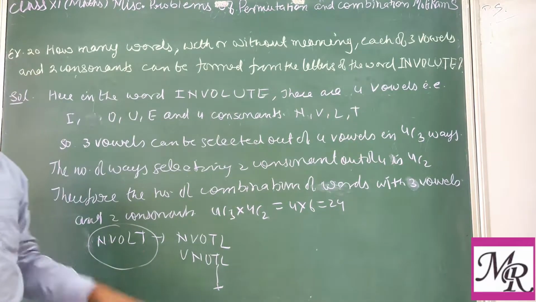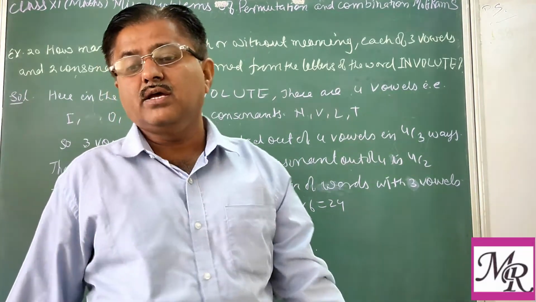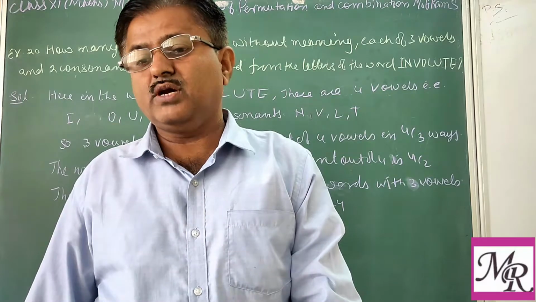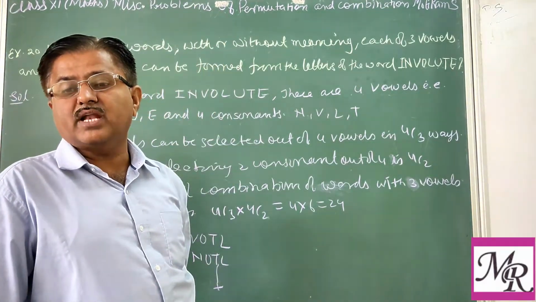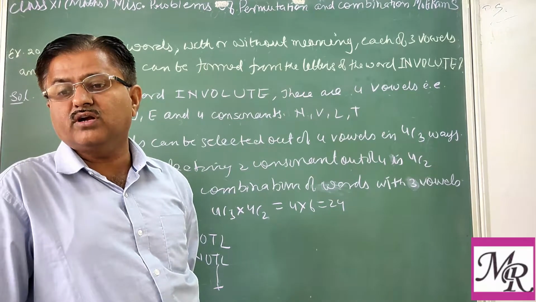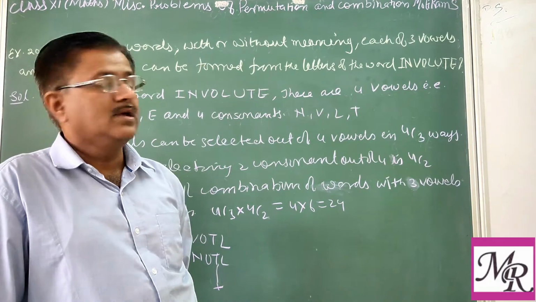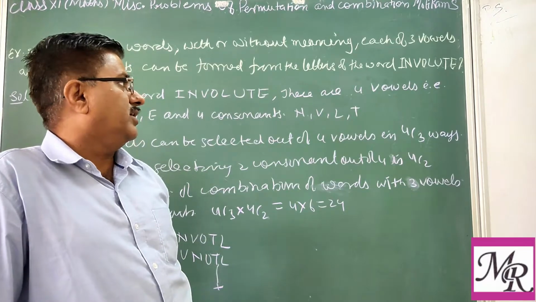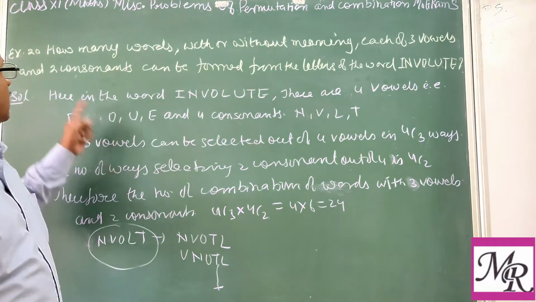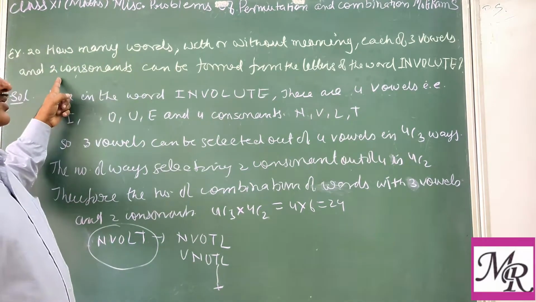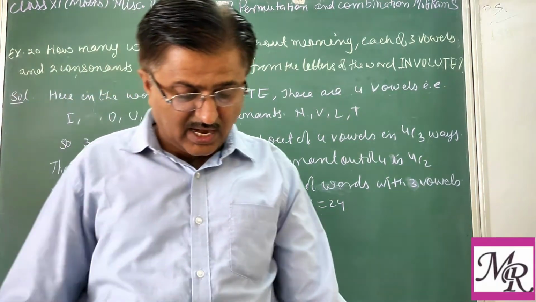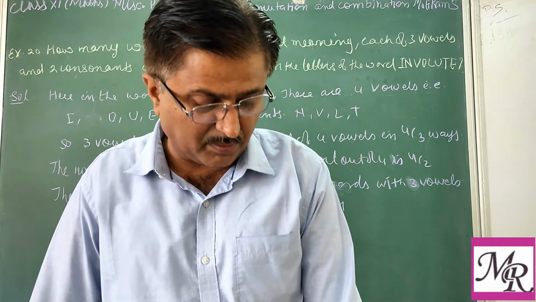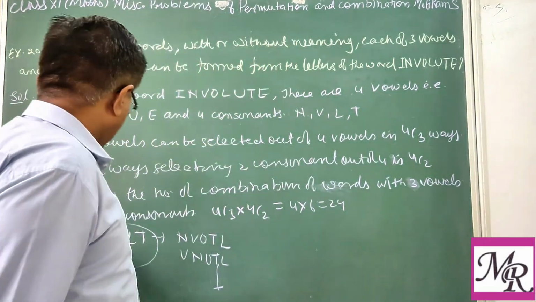And you know that in each combination there is a permutation. We have also seen the formula that depends on the number of selected objects, like factorial 2 or factorial 3. Now here, how many letters are we selecting at a time? 5: 3 vowels and 2 consonants. So in each combination the permutation is factorial 5.